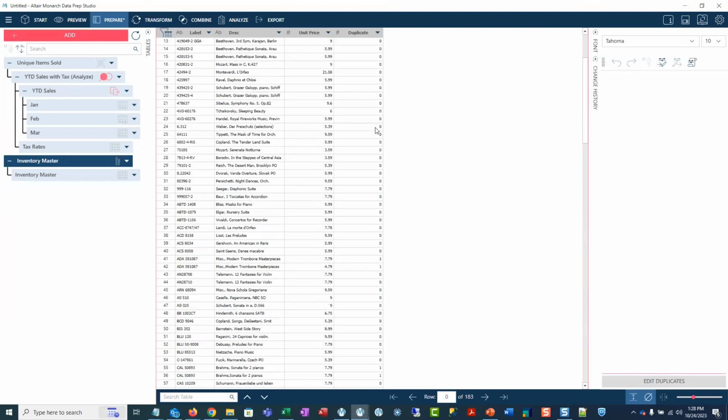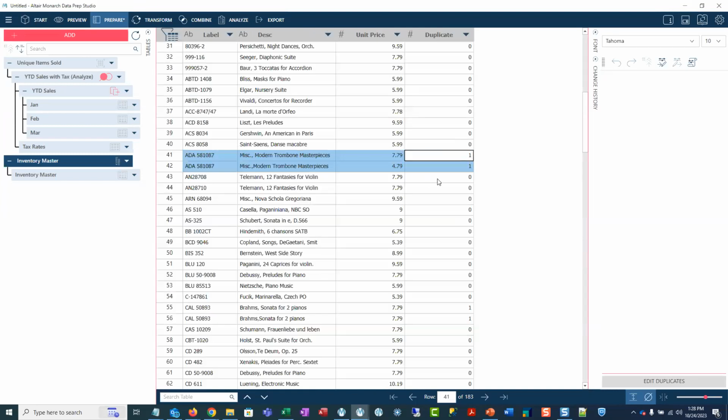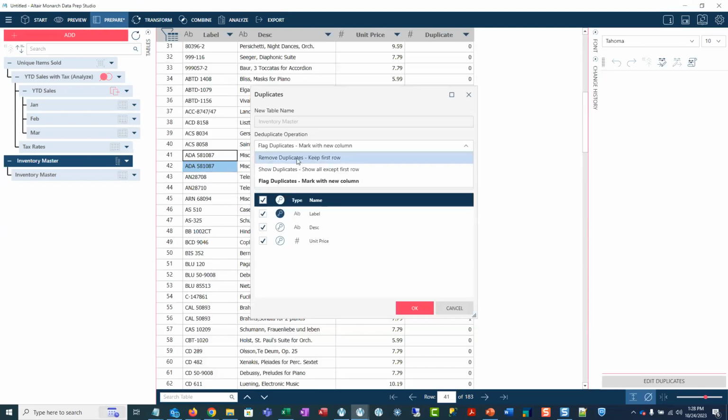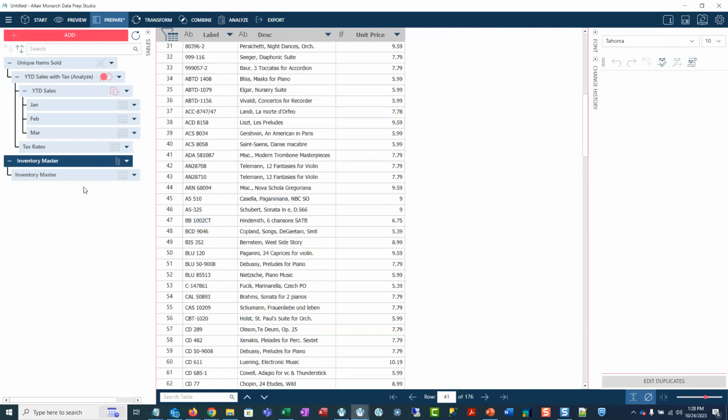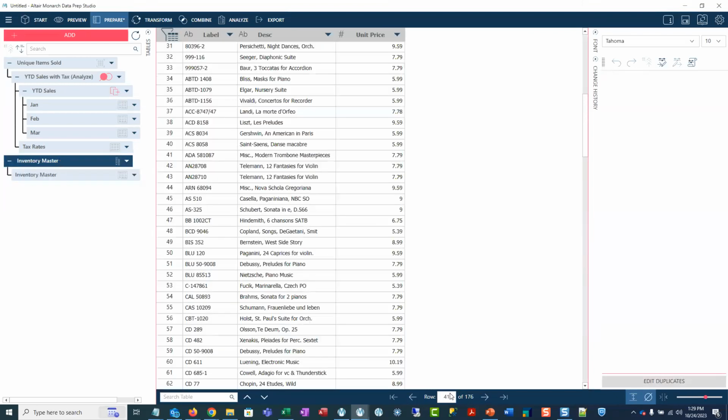So when I do it this way, you see Monarch creates a column and it shows me right away where I have duplicates. At least based on the label number. But again, just for the interest of time, I really just want to tell it to remove duplicates and keep all the unique records. So I don't know if you saw that starting at the first record, there's 183, and then it drops to